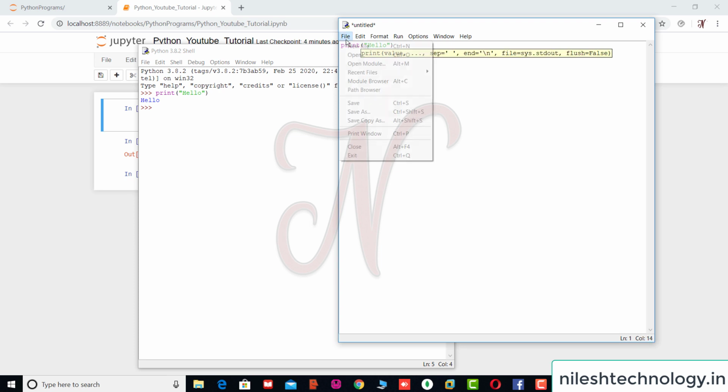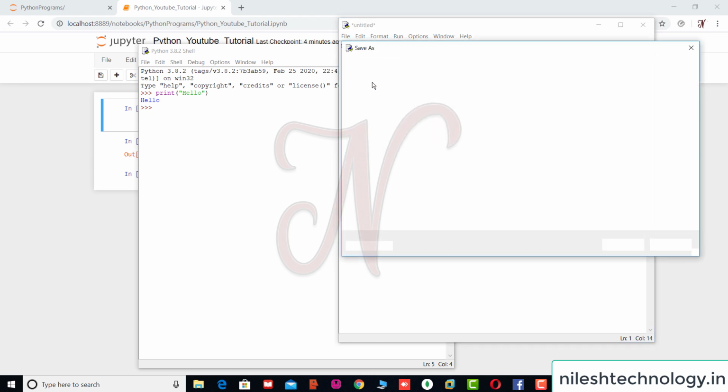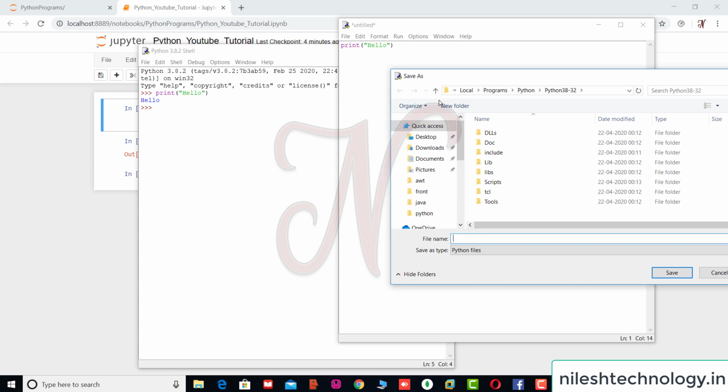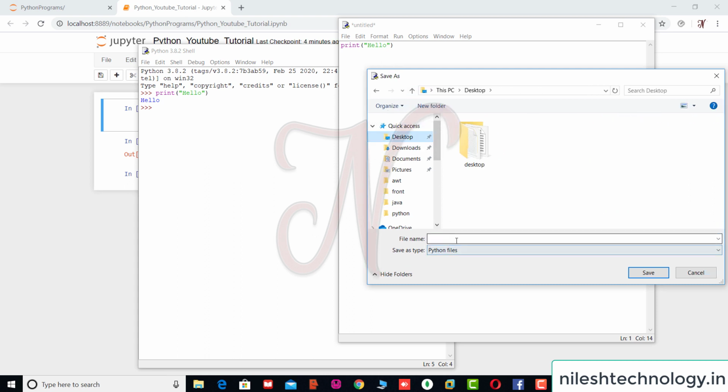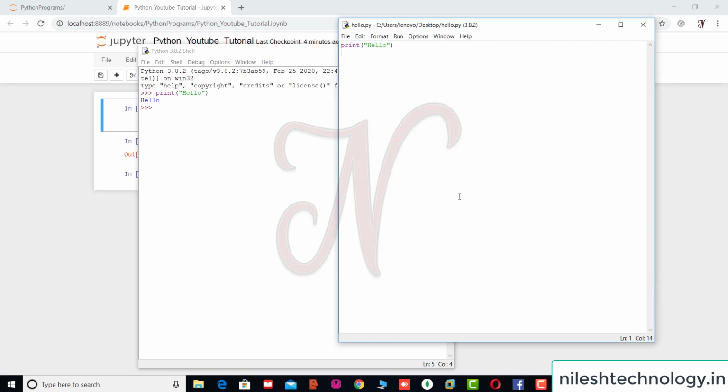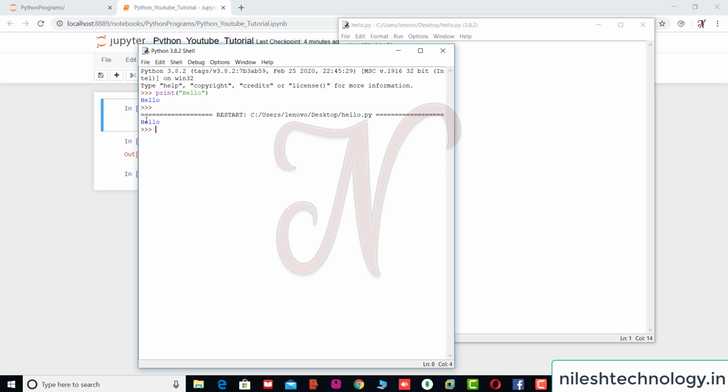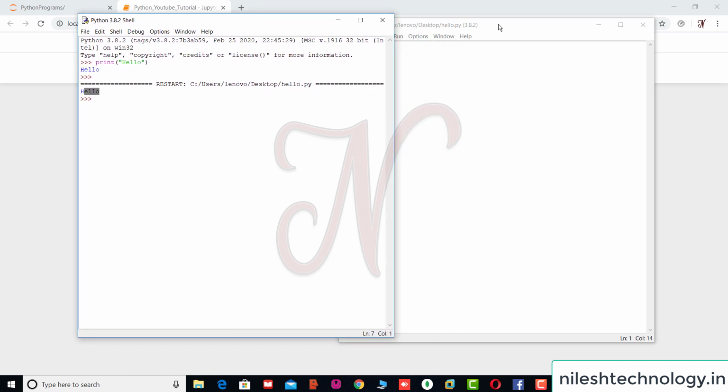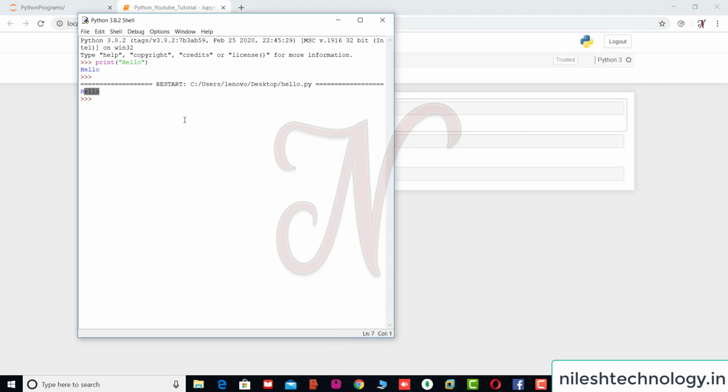Then you can save this file in any location. So now I have to save it on the desktop. So this is the hello. I can save this file, and I can run the module and run this file here. So by using this IDE you can save this file and run it.